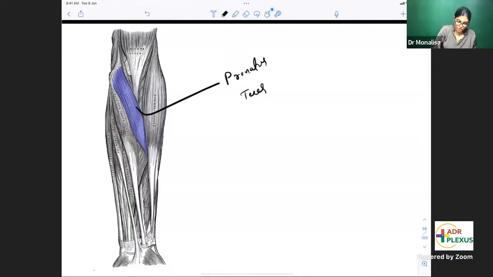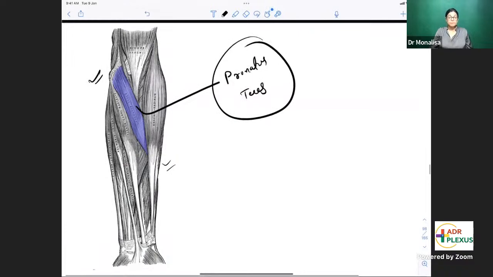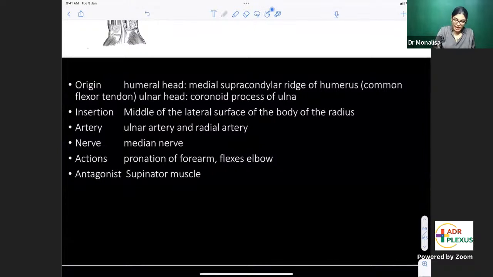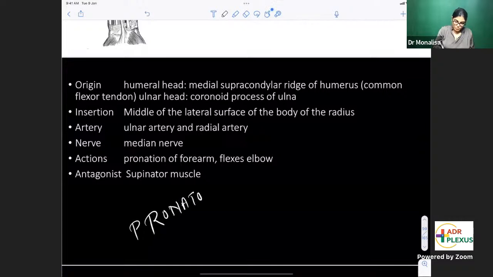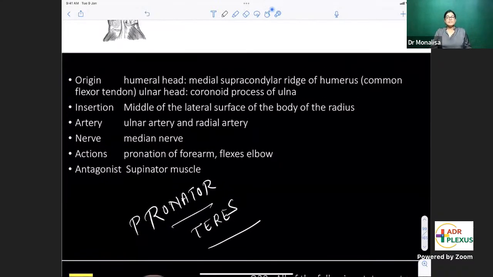muscle, which is actually forming the medial border of the cubital fossa. So this pronator teres muscle is inserting onto the radius bone. It is having the origin from the humerus bone. So see here, if I talk about pronator teres muscle, please have a revision of the origin insertion of pronator teres muscle. Pronator teres muscle, one of the superficial muscle of the flexor group of forearm, originating from the common origin, that is common flexor origin, that is medial epicondyle of the humerus and the medial supracondylar ridge,